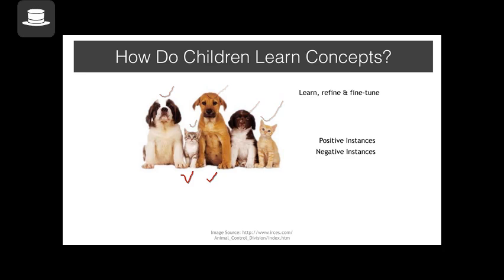because of the positive and negative instances or experiences she had with us in telling, no, no, no, that's not a dog. Everything that has hair is not bow wow. It could be something else. It can also be a meow meow. So we learn these concepts through positive and negative instances.